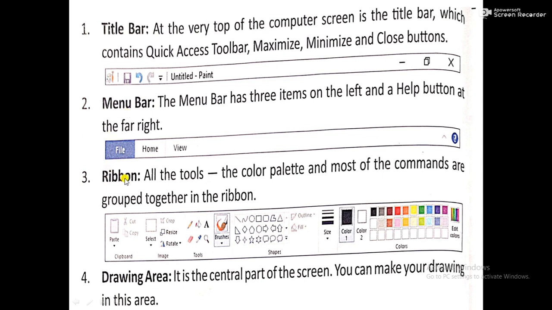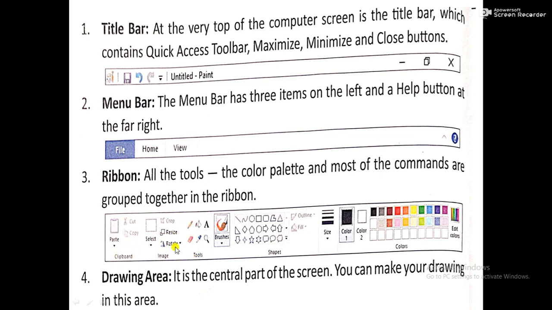Next is the ribbon. All the tools, the color palette and most of the commands are grouped together in the ribbon. See here, there are many tools in the ribbon.